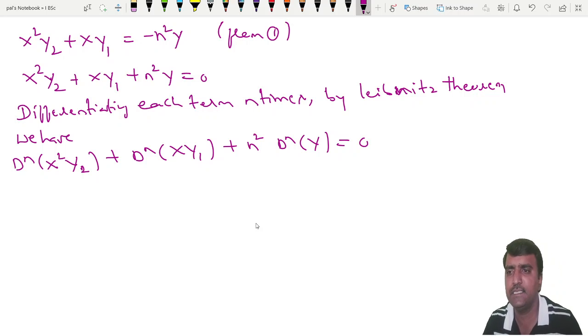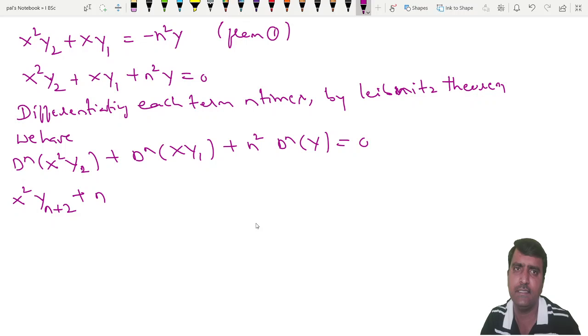Not necessary to write this step also, okay. So in coming problems you avoid that, okay. So here nth differentiation of this is very easy. First you take x square and you add n to y2, it is yn plus 2, plus in next step